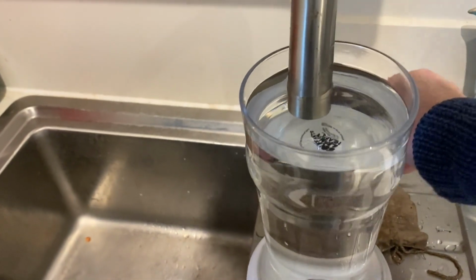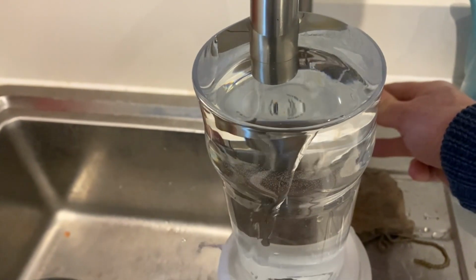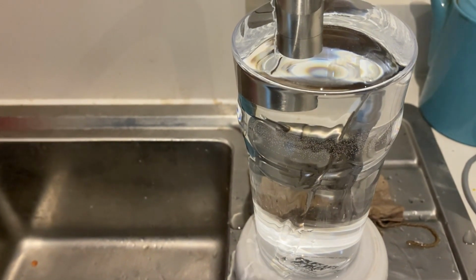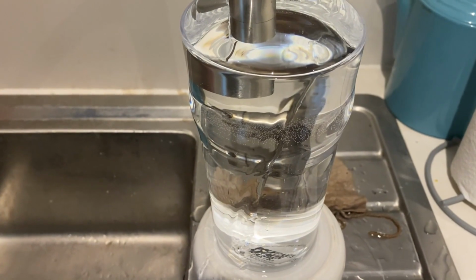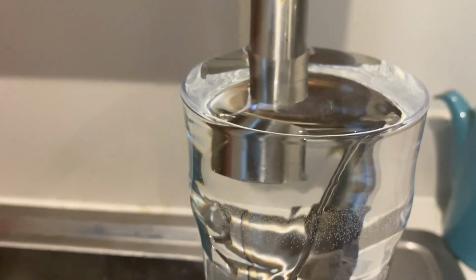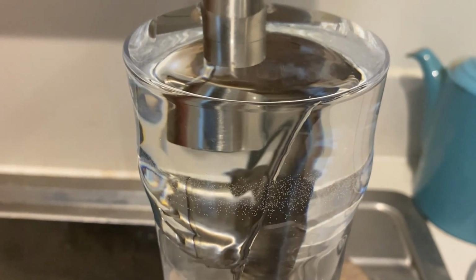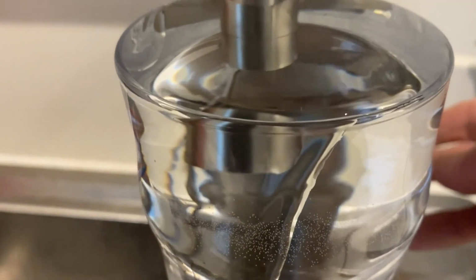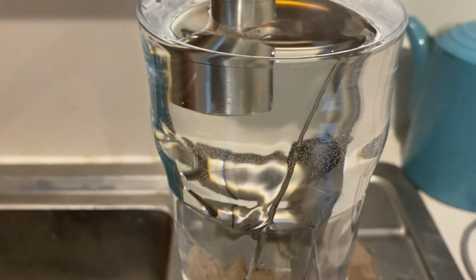Just to start with, slowly draw it up, a glass of water, and then turn it off at the stopcock, and then look for about 20 minutes, half an hour, and there should be no drop or very little drop in the surface. I'll just play back what I recorded, but you'll see there was a drop within a matter of a few minutes, and a significant drop, and that means there's either a leak or it can be a benign drop of water from a tap, or